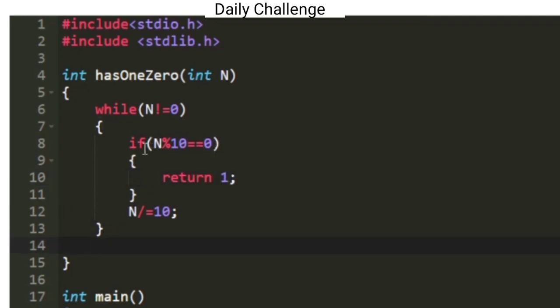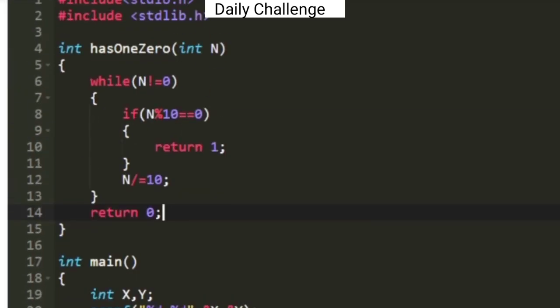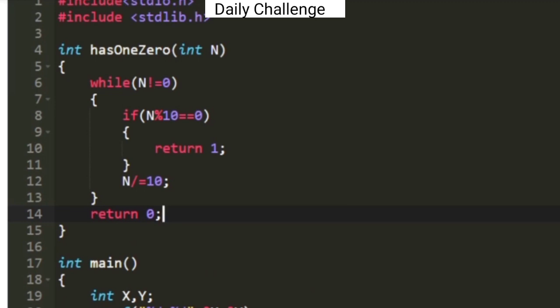So whenever a 0 is encountered, this function would just return 1. In case there are no zeros in the integer, then this while loop will completely execute, and finally we would just return 0, which indicates that there is no 0 in the integer.